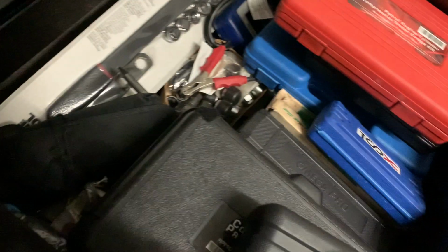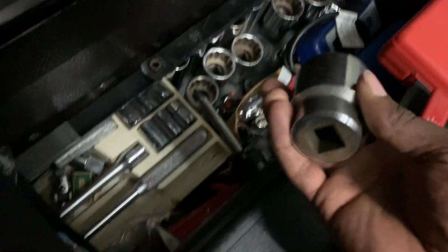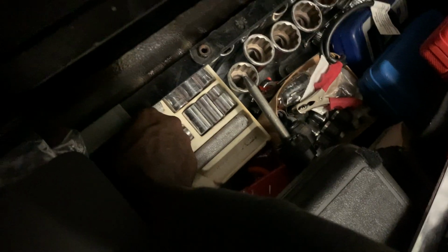I probably should have shown this earlier because most of the people have probably dropped off. But I have this huge set of Proto sockets there. You see all these huge ones, and they've never been used. These are all 3/4 inch drive. I've never had the Proto Challengers out, so they're going to get put into a location that allows them